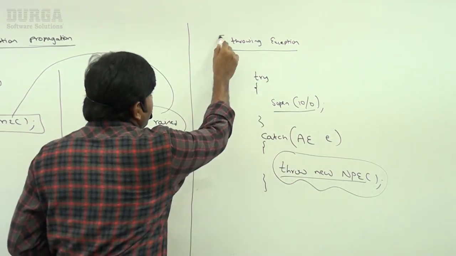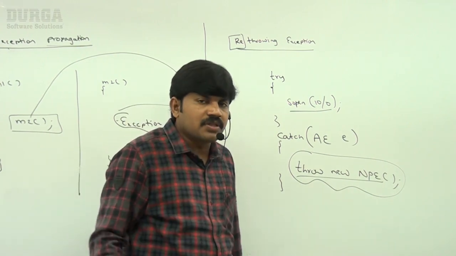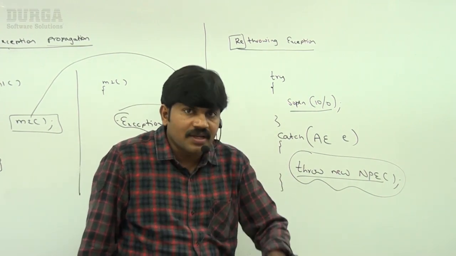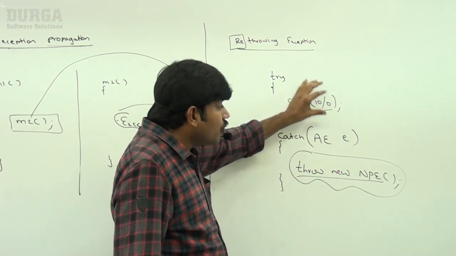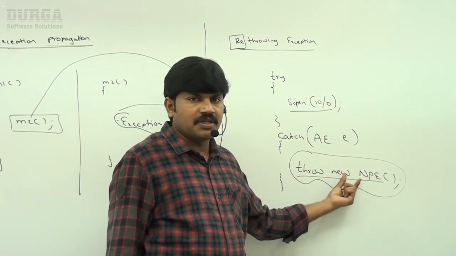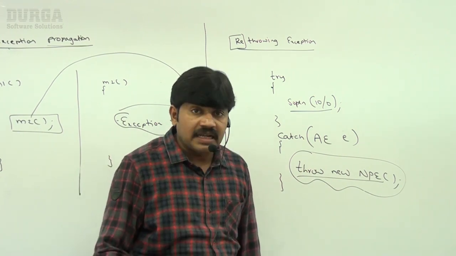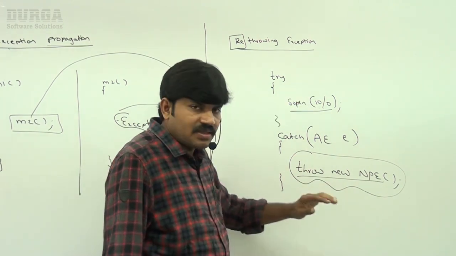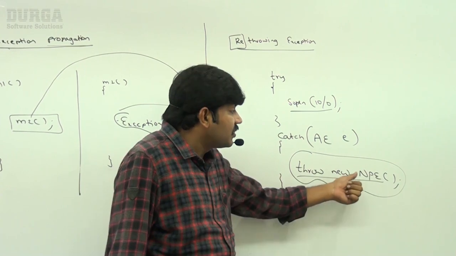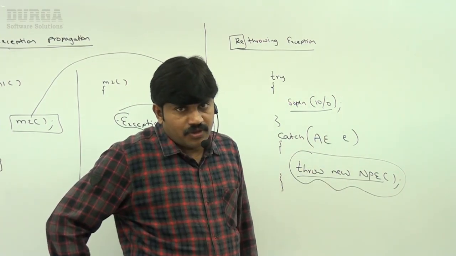Can you please observe that? Rethrowing an exception. So where can we use this approach? Converting one exception type to another exception type. For handling purposes, somewhere I may have some special code, that's why we convert one exception to another exception. This process is called rethrowing an exception. Everyone can understand, right?